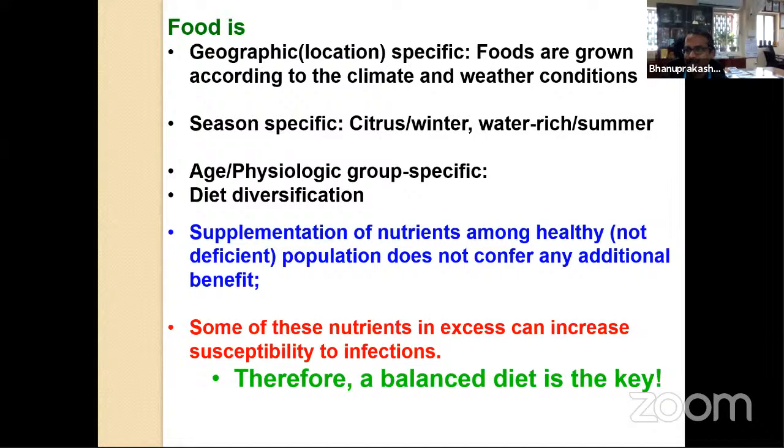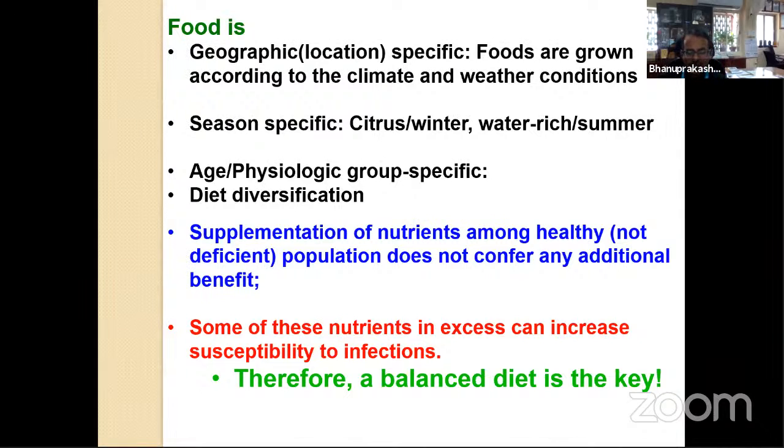As a nutrition scientist from Nutrition Institute, I will guarantee you, unless you have another problem like diabetes or obesity, don't get carried away by the non-relevant propaganda that goes around on YouTube or other social media. And then one important thing in nutrition, I know you are all aware of it, but I thought I should make a point. Diet diversification is one important thing in nutrition.